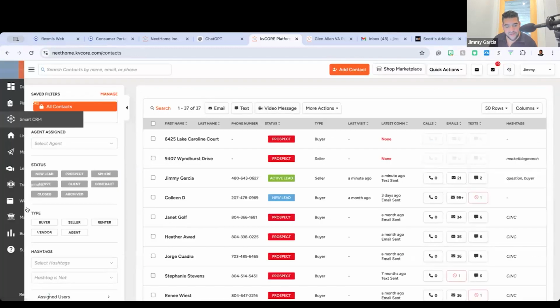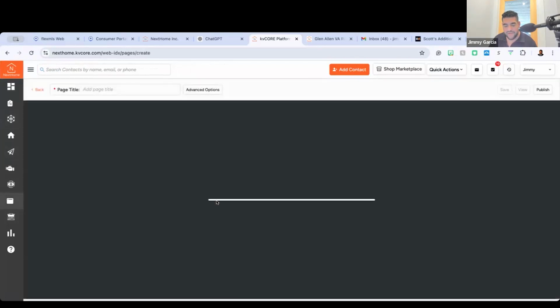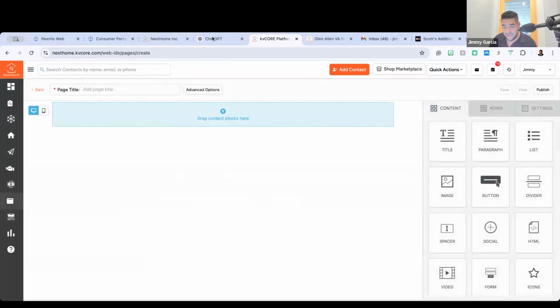And then the customization of your website, WebIDX, go down to pages, create a custom page. And that's where I recommend you go to ChatGPT or Gemini and build some form of simple HTML that showcases either news or information that could live on your website. What's another common thing that people ask when they're moving to a new location? Schools, school information, right? We all know it's a kind of a slippery slope with fair housing regulations and speaking about schools and what's a good school, what's a bad school. So instead, we are the source of the source. Here's a website. It's going to redirect you to different school rankings and different school tools that you can look up, right? Right there, live in the website. You can build a custom HTML for that.